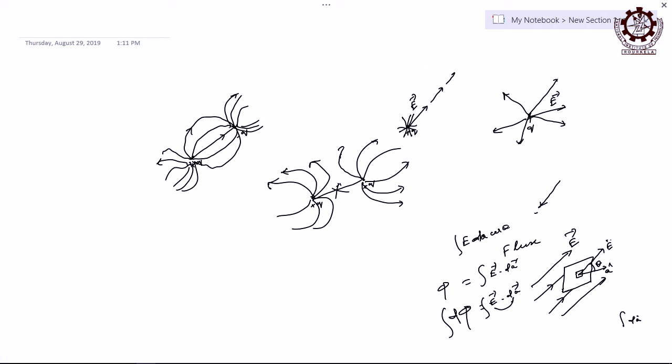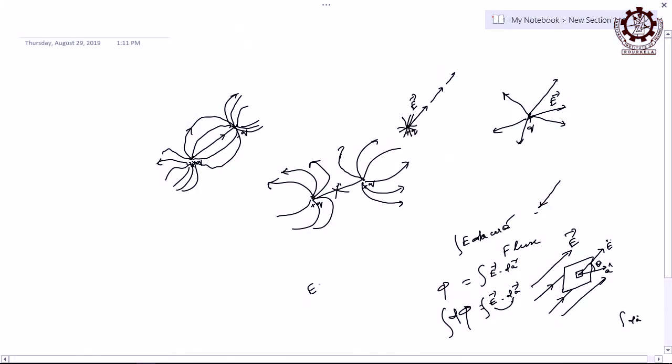Now, for a particular orientation, this theta is constant, whether for an elementary area or the whole area, it does not matter. So E and cos theta are constant, and you have to integrate over only the area. Then ultimately it is equal to E cos theta into, sorry, this is not the area vector, the total area. If the total area here is A, then the flux linked with that area at that orientation will be that much. Integration of dA is A, the whole area.